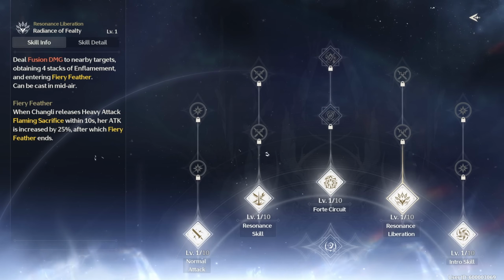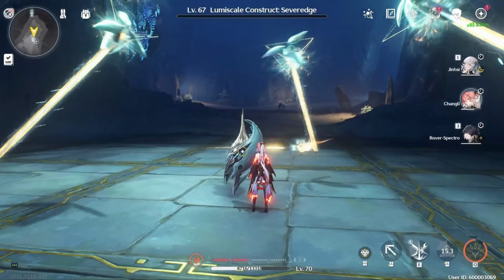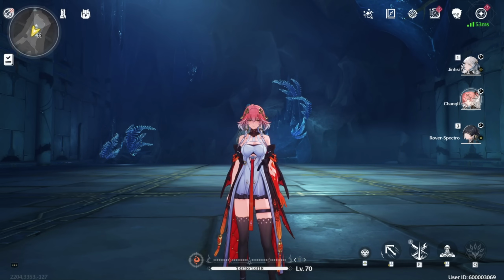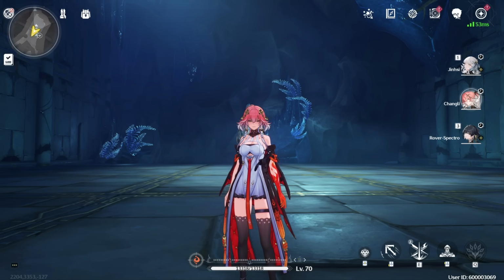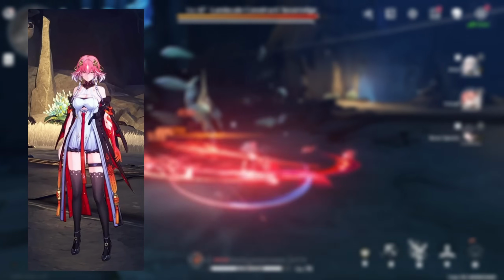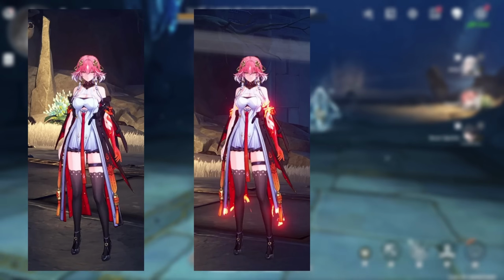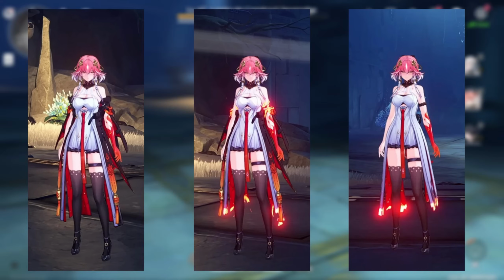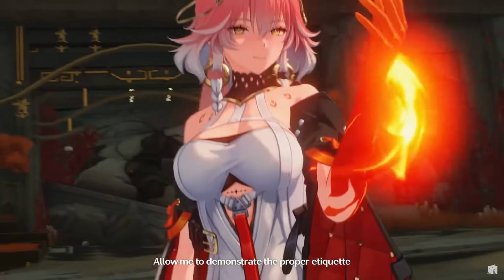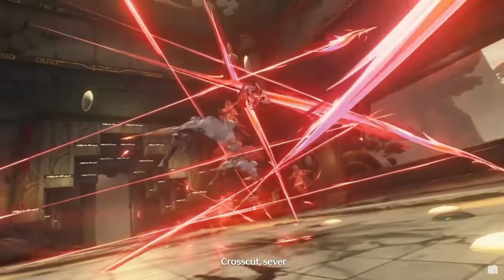Once Changli is in the Fiery Feather state, her attack is increased by 25% for 10 seconds, which allows Changli to deal some insane damage. The Forte Circuit also has an amazing feature allowing Changli to change her appearance for each stack of Inflamement. Stack 1, a small flame arc will appear in front of Changli. Stack 2, the flame will remain and Changli's coat starts to burn up from how hot she is. Stack 3, the coat is burned right off, and stack 4, she decides to cosplay Gojo. So KuroGames really popped off, with insane attention to detail in Changli's Forte Circuit, allowing us to see multiple design